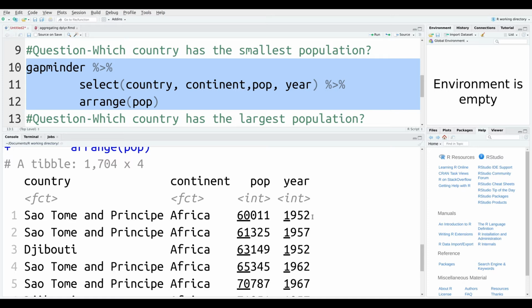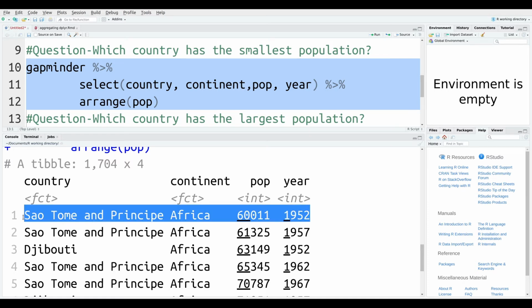So you can see right here, this is the country with the smallest population in this data set. And we even know what year that was as well, because I added that in my select statement. So Sao Tome and Principe had the smallest population, and that year was 1952. So that's what we're doing right there. So you can see that what's really more important is being able to determine what it is you would like